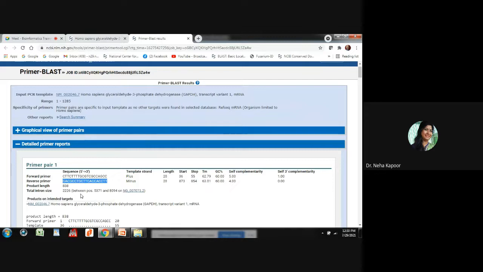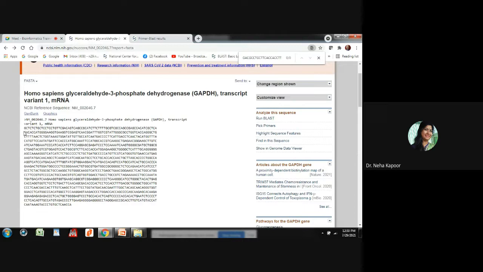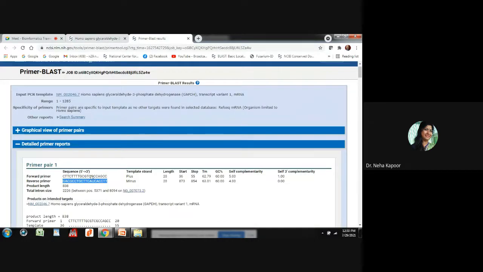Basically, suppose you don't want to use this tool or you don't want to rely on this tool. In that case, you can go for selecting your sequence in such a manner. If you want your full length sequence to be amplified, then you can select 20 base pairs from here as the forward primer. The main thing is the reverse primer. That reverse primer you can design in either way.